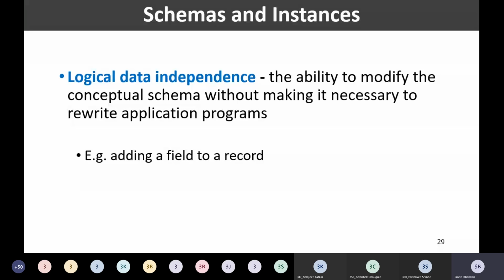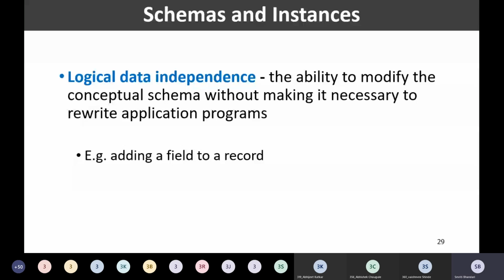Now let us assume that I would like to modify the structure of my record, because I want to store the email ID of the instructor in my database. In that situation, I'll modify my logical schema.